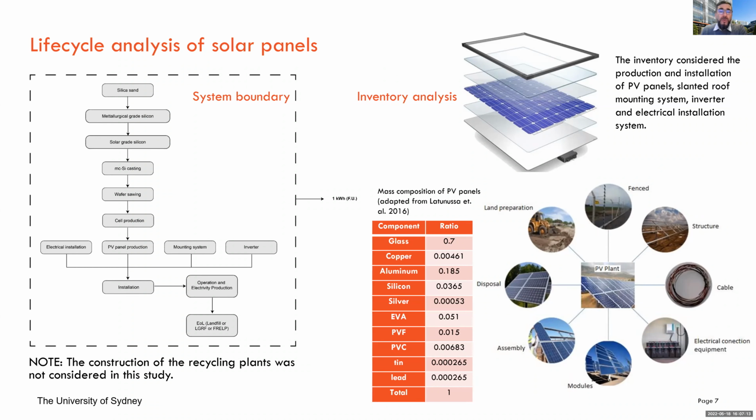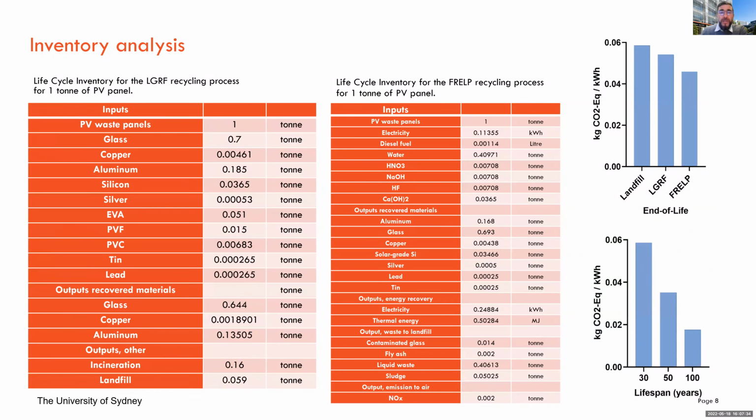Basically, it tracks all the materials that go into the making and the manufacture of solar panels, and then we assess that from an environmental perspective. You've got glass, copper, aluminium, tin, lead, and many other things go into the making of such a product called the solar panel. So when we assess that from a sustainability perspective, then we start to learn that